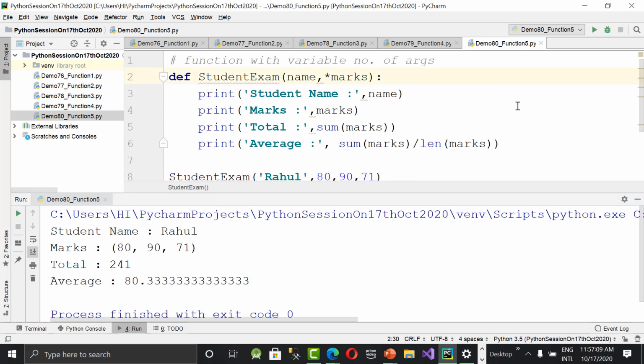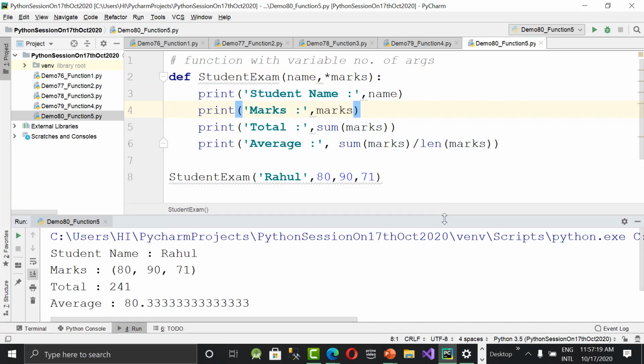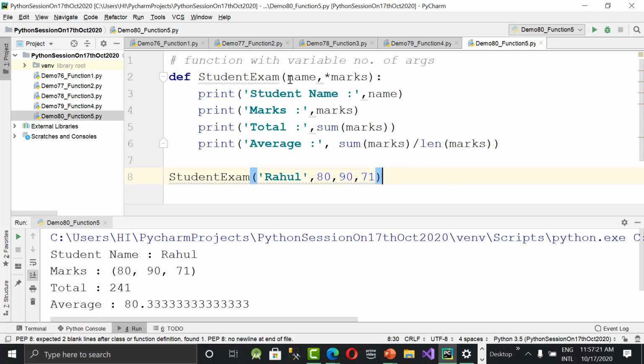Okay. Any doubts in this? So name is a single, required parameter, of course. Star: wherever you see star, it means you have the flexibility of passing n number of parameters. You can pass 2, 3, n, depending upon the number of subjects in your class. First year subjects may be different, or sem by sem the number of subjects may vary. You can pass those subject values as comma separated values.